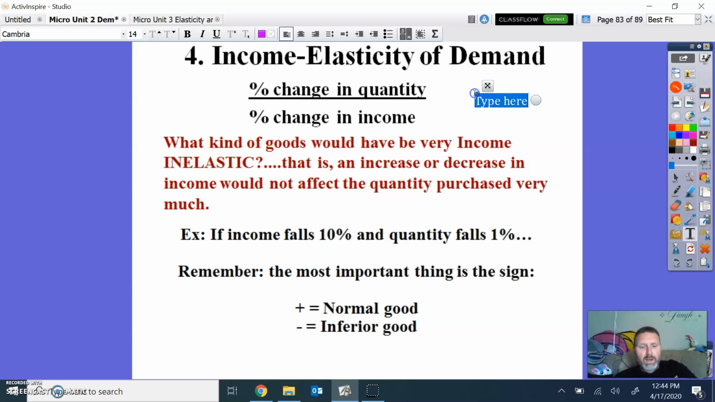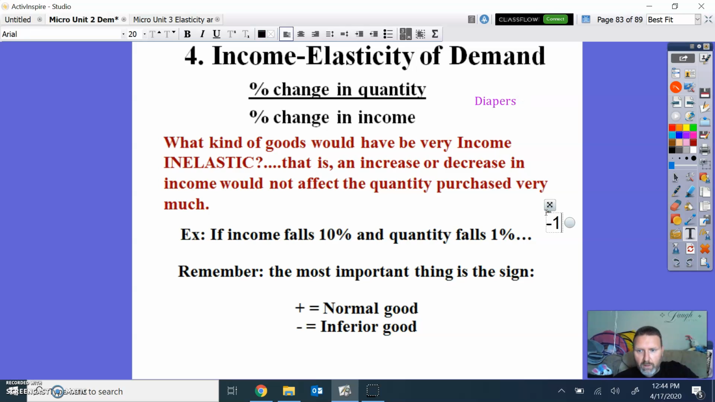A great example of this, guys, would be diapers. No matter what, if you have a small child at home, you need diapers. So right here, if income falls by 10% and quantity falls by 1%,